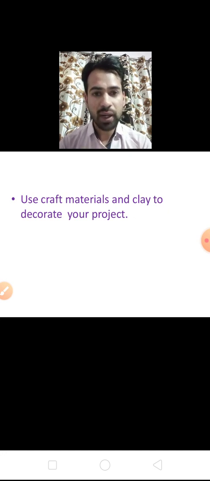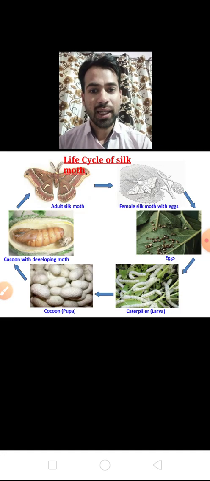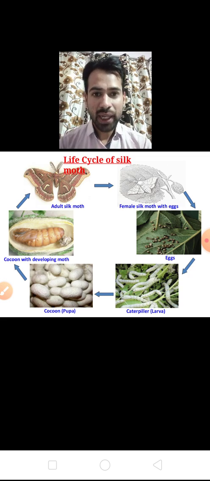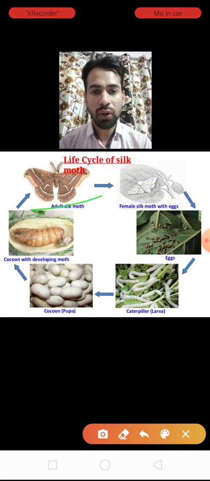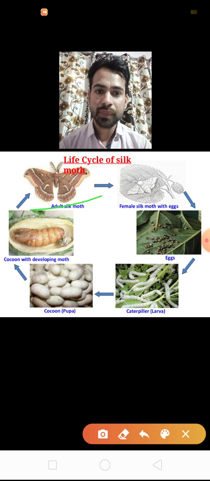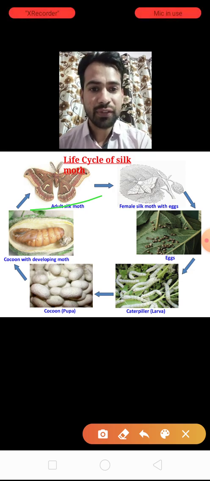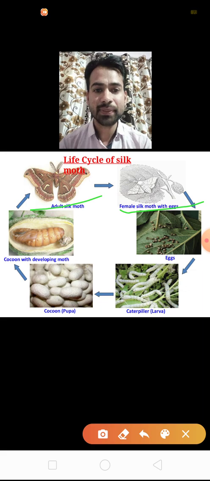The outline and inner line you can maintain well with thread and craft material, to make your project attractive and 3D. Now children, when you collect all the pictures or draw all the pictures, your project will look like this. First of all, you will draw the adult silk moth, then the female silk moth with eggs on